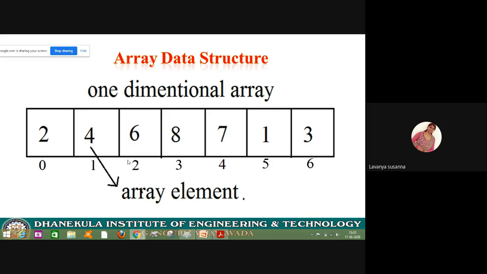Okay, and here, this is an array. Index starts from 0, next 1, 2, 3, 4, 5, 6. Remember this. The diagrammatic representation of an array is in this way, where elements are arranged in sequential order and occupy continuous memory locations, and index starts from 0, 1, 2, and so on. Here, a linear, one-dimensional array is used.